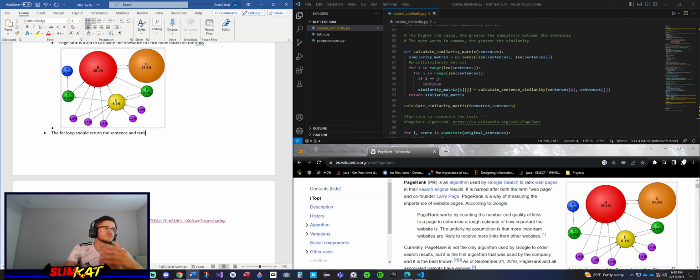I will type another code here, scores position i, because we are going through each one of the sentences, and we are going to get the score. So we will go through each one of this dictionary here to get the ID and also the score. I will delete this parenthesis here, and we need higher numbers first. So at the end, we type reverse equals true. Now let's print the ordered scores, run this code, and take a look here, this is the highest score, 0.21,